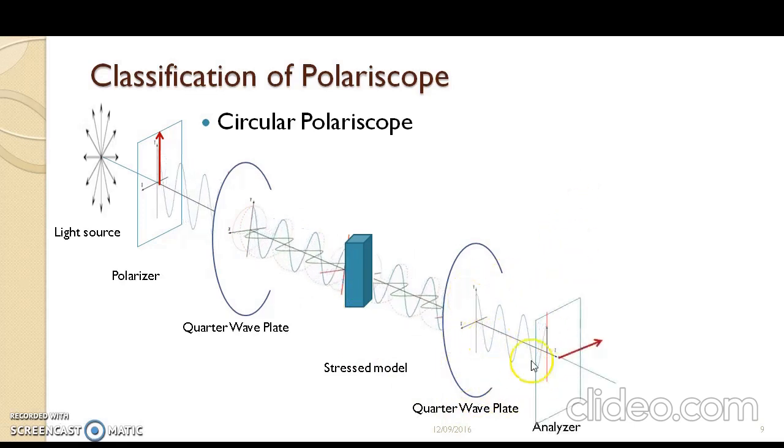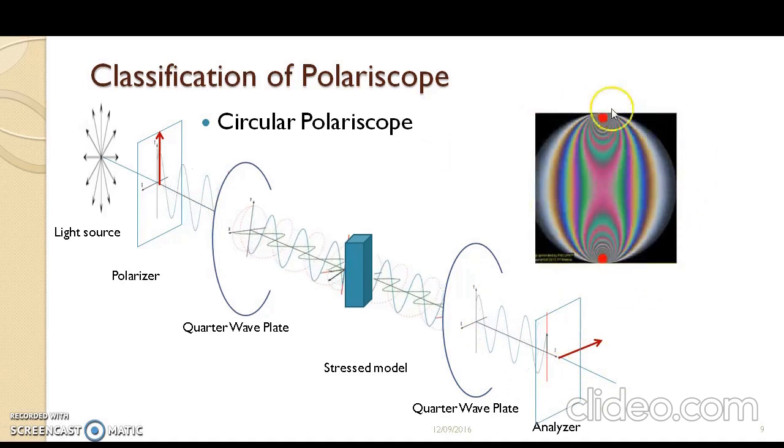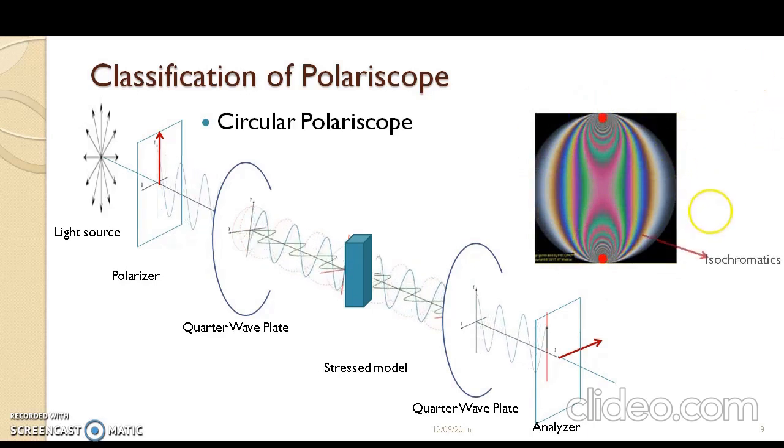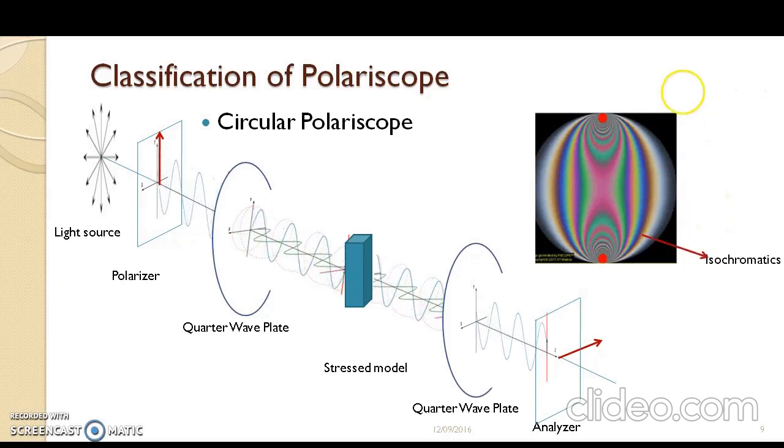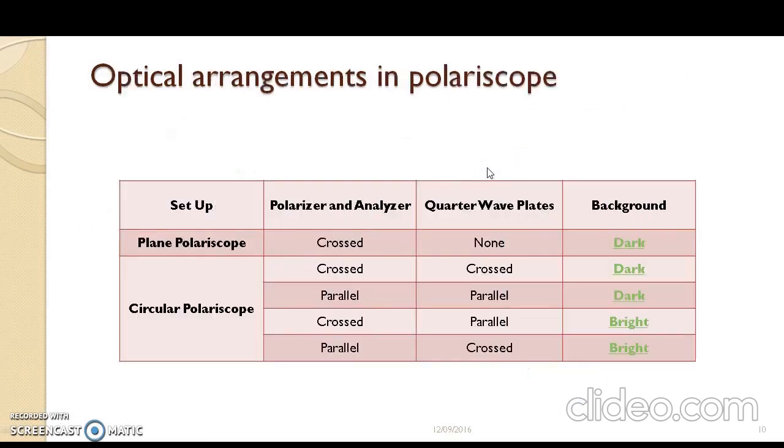Now when the light passes through this analyzer, which is kept perpendicular to the polarizer, as you can see, you get the isochromatic fringes where you don't have any isoclinics. It is a very simple and convenient method to find out stress concentration in the component. So you can see only the isochromatics, not the isoclinics. Now you can just count the number of fringes here and find out the material fringe value and stress concentration in a given component. And this particular component is a circular disc with diametrical compression.